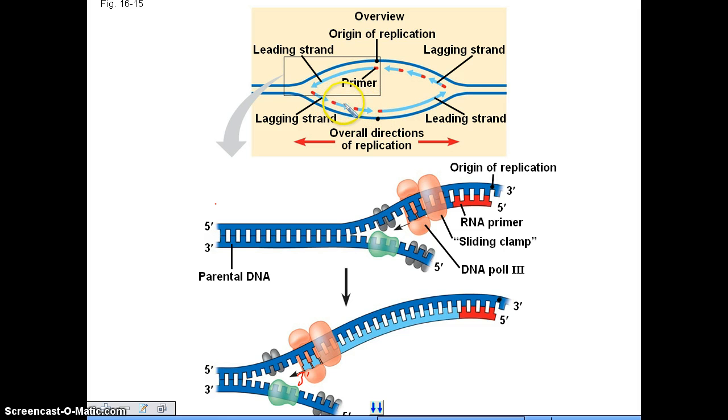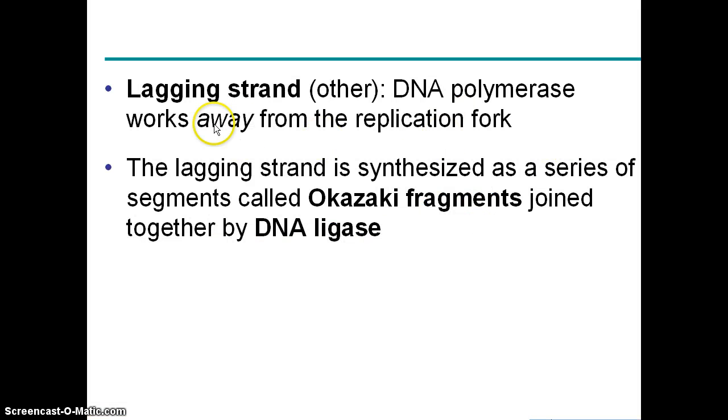So we see that it's actually just a series of fragments that get added. So again, it is required to go in the 5' to 3' direction, which is opposite that of the other strands since they are anti-parallel, and that leads to some interesting results. This lagging strand is fascinating because, again, DNA polymerase is moving away from this replication fork, but still in the 5' to 3' direction. So what ends up being created are what are called these Okazaki fragments, named after the